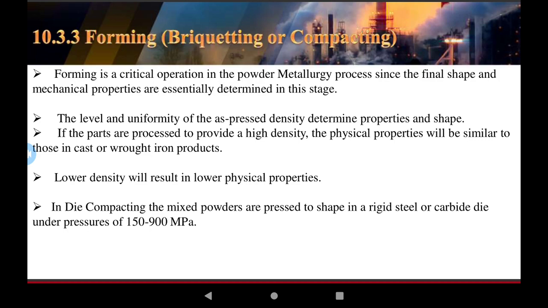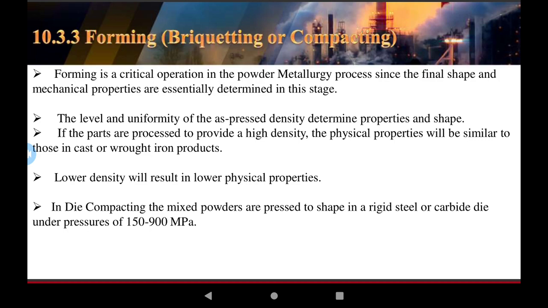If the process provides a high density, the physical properties will be similar to the casting of iron products. Lower density will result in